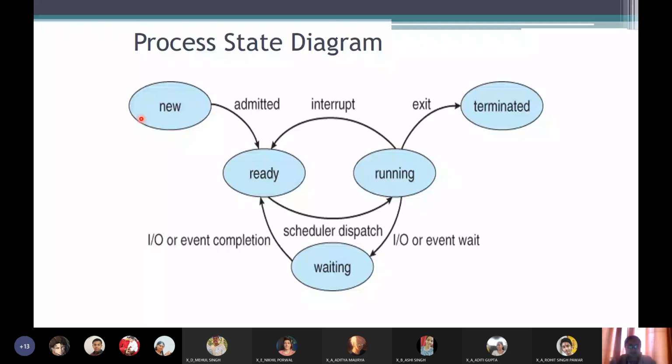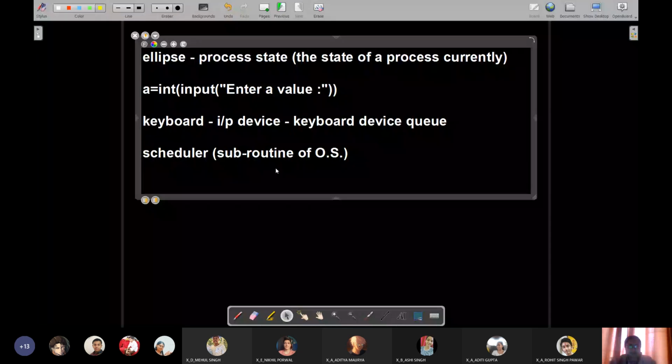It is a subroutine within the operating system. Subroutine means a small part of the operating system which handles all types of job scheduling. We will be learning about types of schedulers also. Right now I'm not going into that. We are moving one at a time.